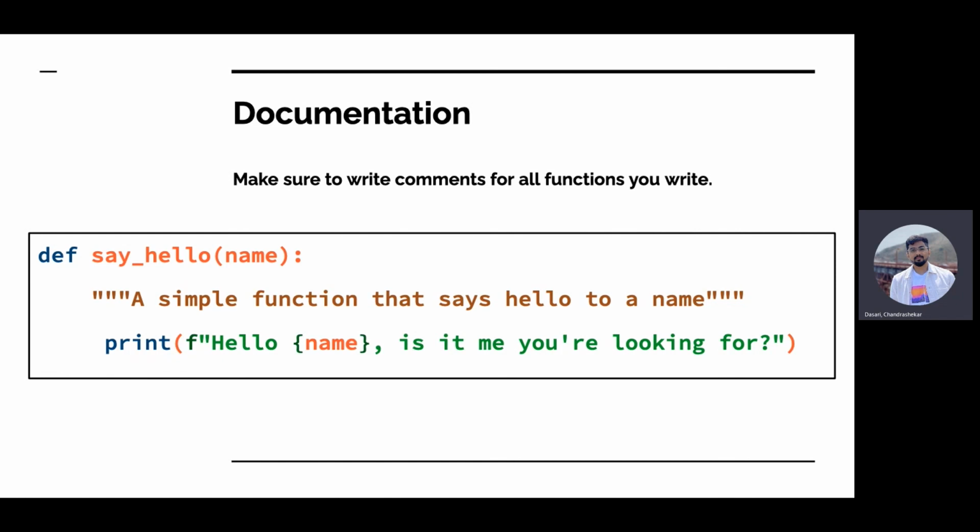Since we're using JavaScript, it's good that you mention the types. If you're using TypeScript, it's pretty easy to debug, but JavaScript does not let you know instantly. So it'll be easier for you to do that. So make sure to comment every bit of code that you write. Comments are way more important than the code that you write. Even though the code is self-explanatory at times, it's better to comment it because it's understandable for people who are not familiar with the code base. That's the main first purpose of comments.